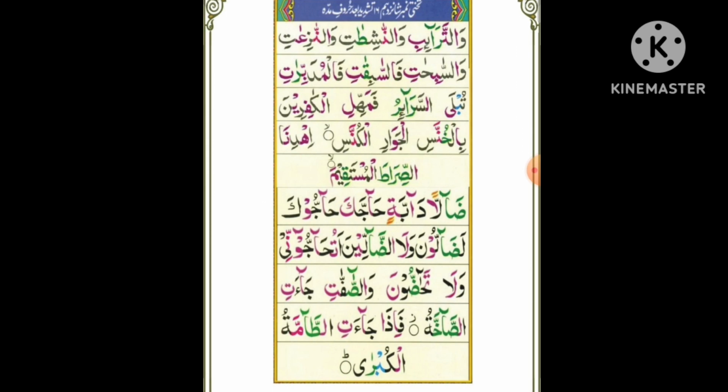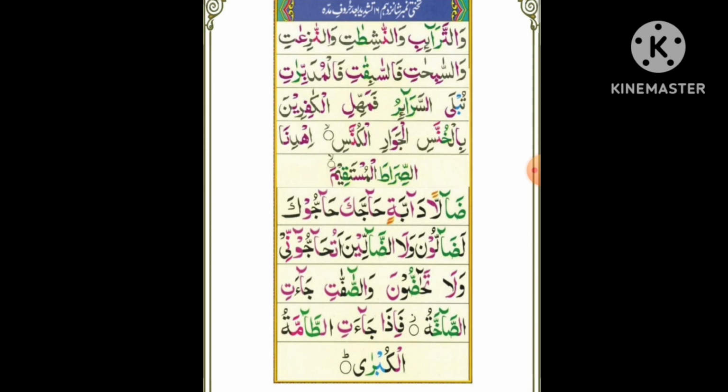It is waw noon zabar one, noon vertical zabar na, one na, sheen zir shi, one na shi, to vertical zabar to, one na shi to, ta zir ti, one na shi to ti. Then you have one na zi'ati. I'm doing the gunna in noon mushaddad, okay? When noon bears a tashdeed and the meme bears a tashdeed, there should be a little bit gunna in it. Wan nazi'ati,